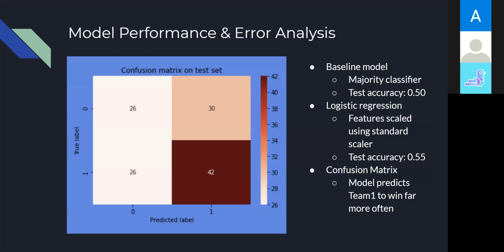So in the end, our model had an accuracy of 0.55, which is higher than our baseline model, which is a majority classifier that just has an accuracy of 0.5, just by predicting either all wins or all losses. The rate of predictions versus true values is shown in the confusion matrix. And our model tended to predict victories regardless of whether the team in question had actually won or not. Although it did predict victories more often with winning teams, which is good.